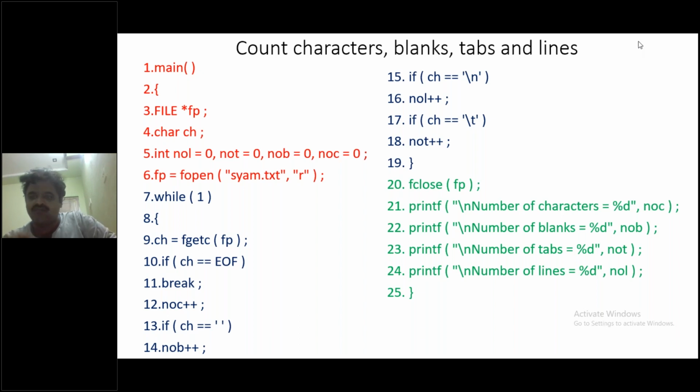That means 4 components I would like to calculate. So for that reason, I have selected 4 variables: NOL, NOT, NOB, and NOC. All the variables are initialized to 0 in the very beginning.